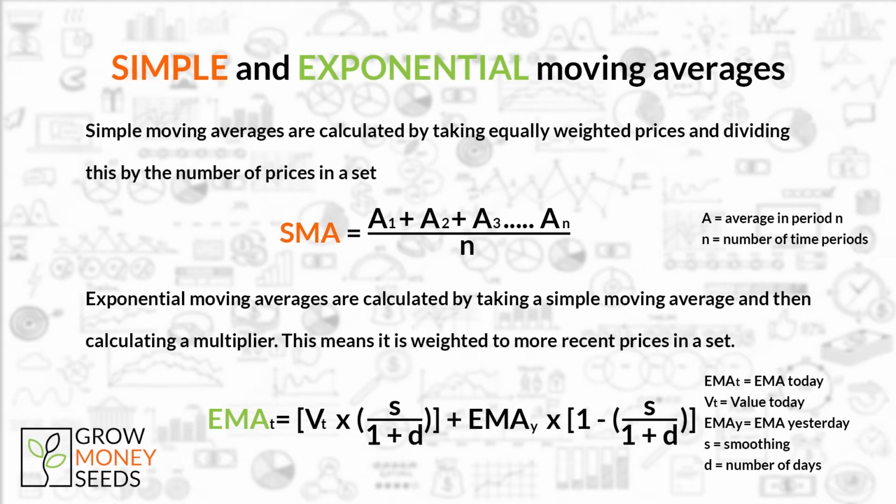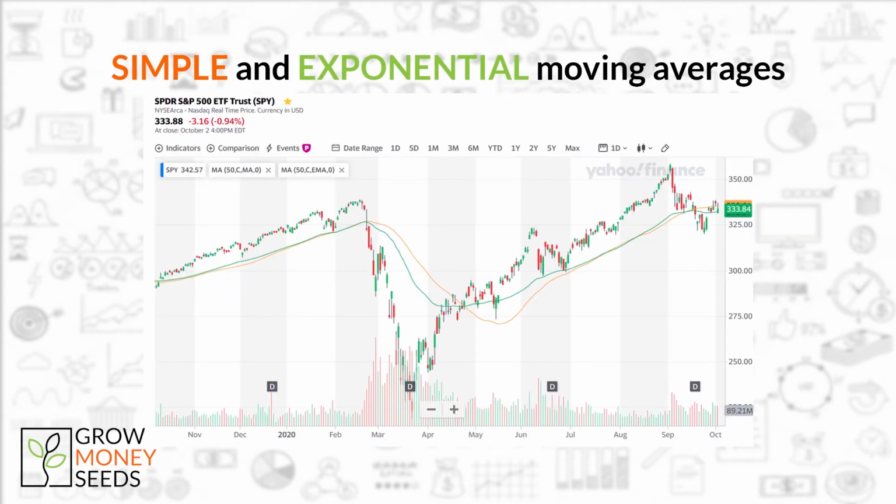The multiplier means that the calculation is heavily weighted to more recent prices in the set and makes this moving average more responsive. This does not lag as much as a simple moving average. However, because it is faster, it can also lead to false signals as it's more sensitive to price movement. Therefore, if we compare the simple moving average, which is represented by the orange line, to the exponential moving average, which is represented by the green line, you will see that the main difference between the two is the speed